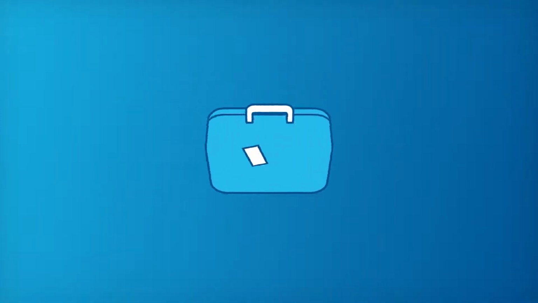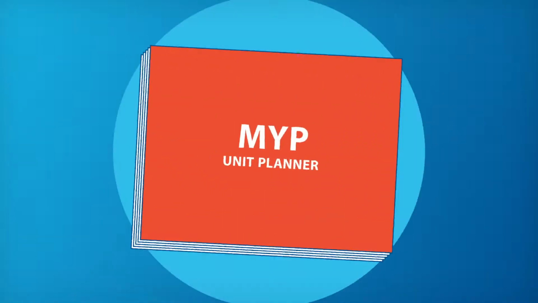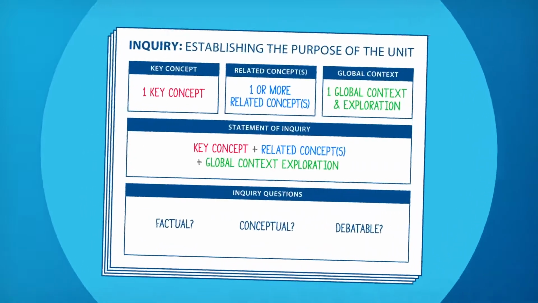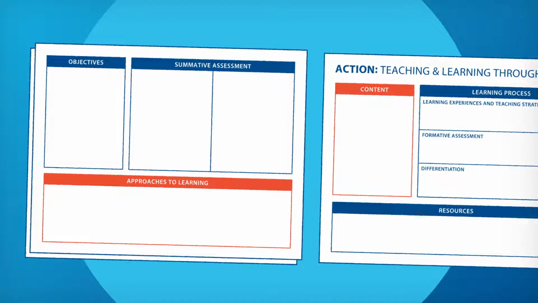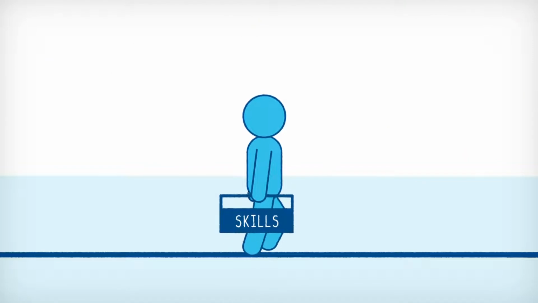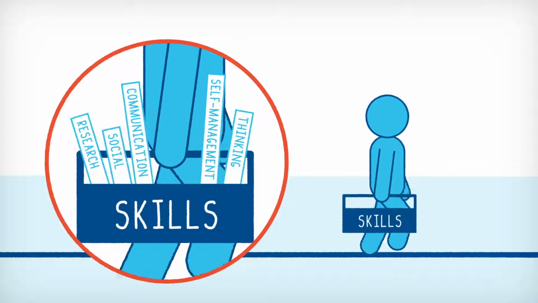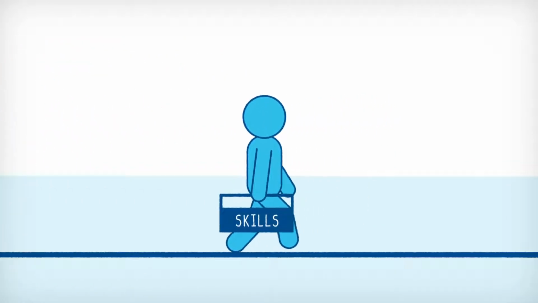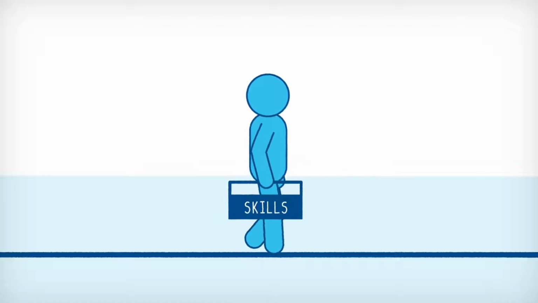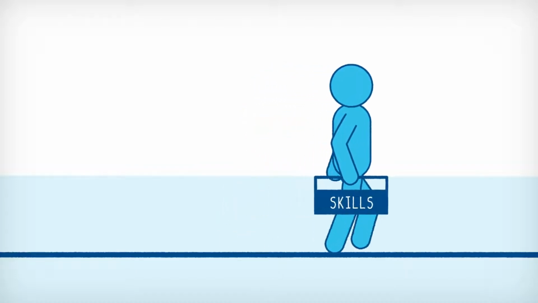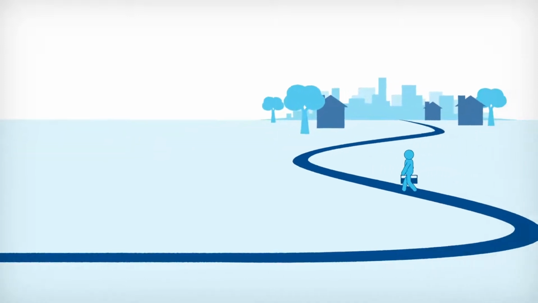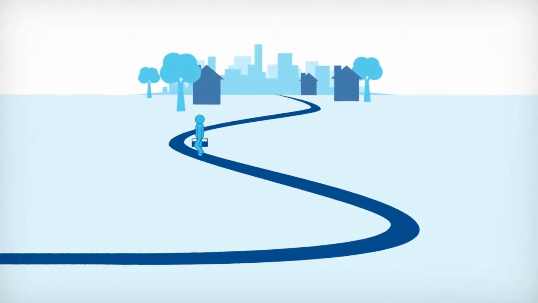Continuing the process of unpacking the MYP Unit Planner, this video addresses the Approaches to Learning and Content sections of the unit plan. In the MYP, learning is intended to help students apply knowledge, understanding, and skills in a range of currently relevant situations and issues. It is also intended to support students in developing skills that can help them be confident, independent, and self-managed individuals